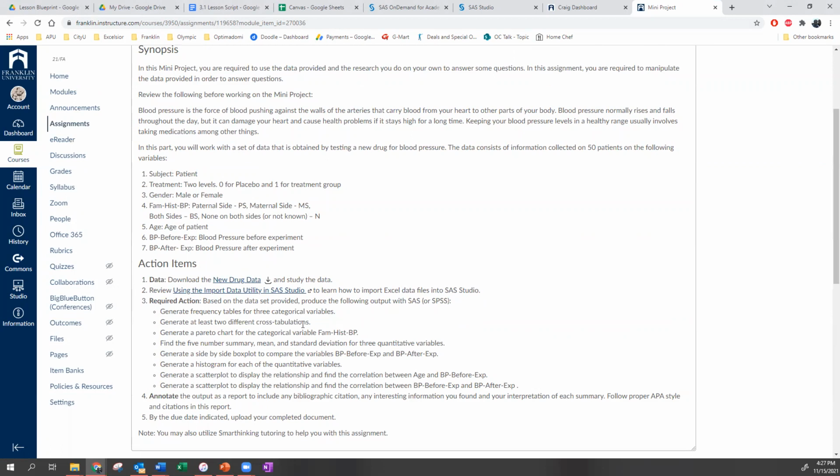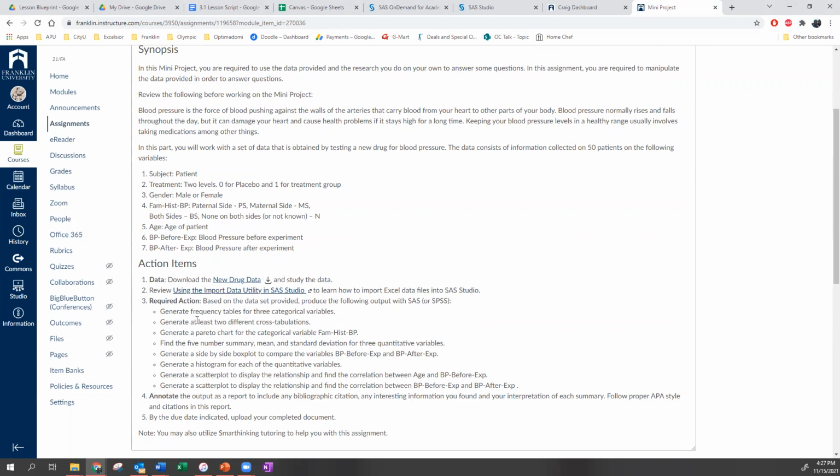So you generate a frequency table for the 3 categorical variables in the data set, i.e. the 3 qualitative, right? A categorical is also called a qualitative. And then you discuss those 3 things, like just a quick discussion of what you notice about each of the three variables.